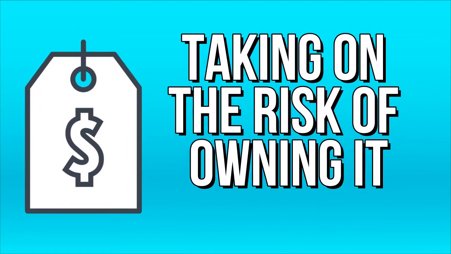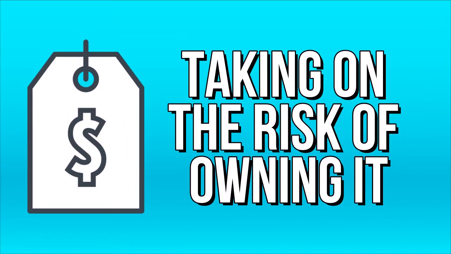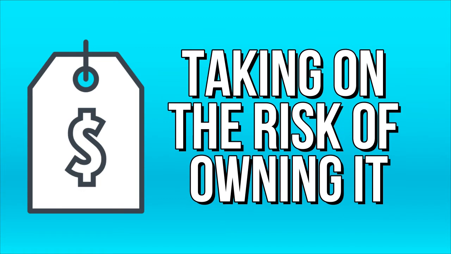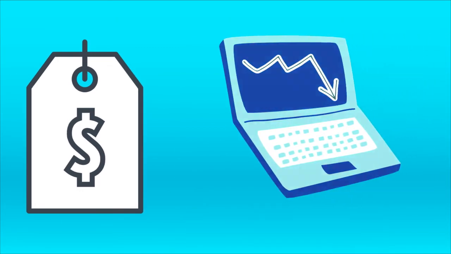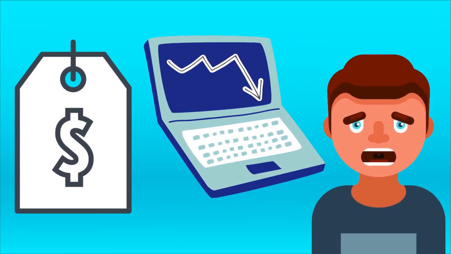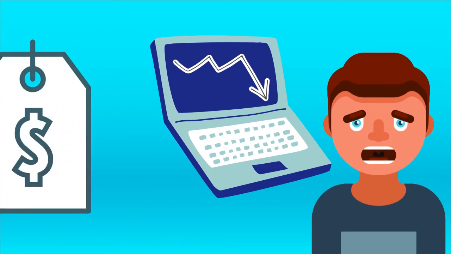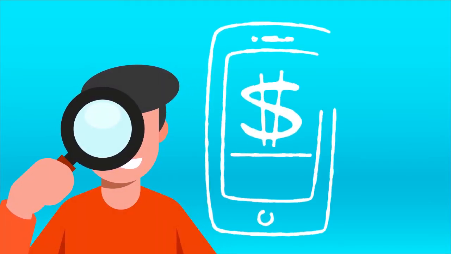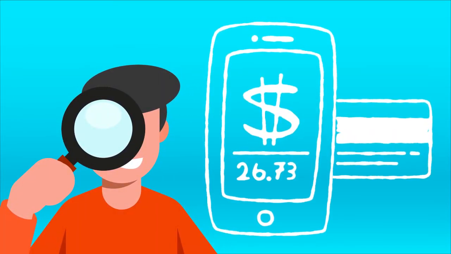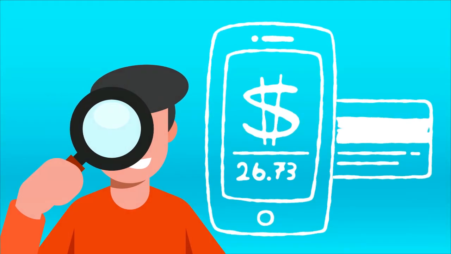The price of a stock is in part a reflection of the perceived cost of taking on the risk of owning it. But it's also true that stock prices move in mysterious ways, and market analysts are often at a loss to explain why. So in this video, we'll be looking at the basic mechanisms underpinning stock prices, common factors affecting their price, and why price trends can be misleading.